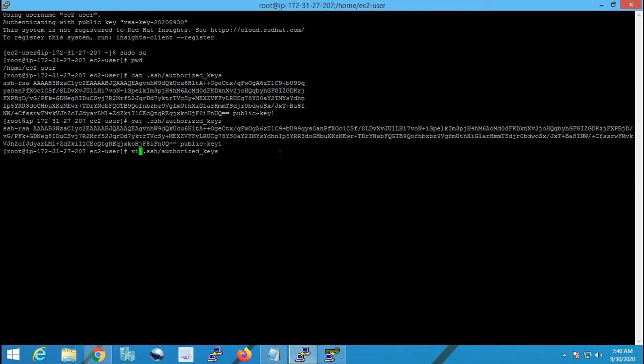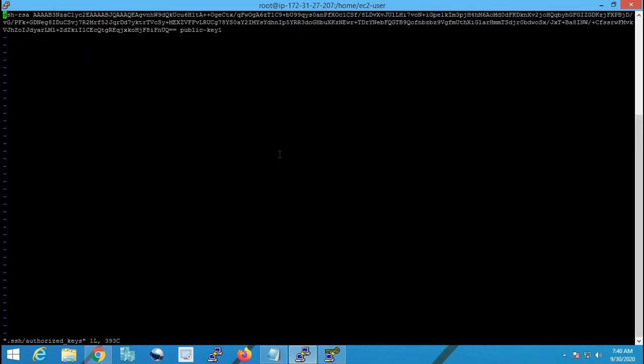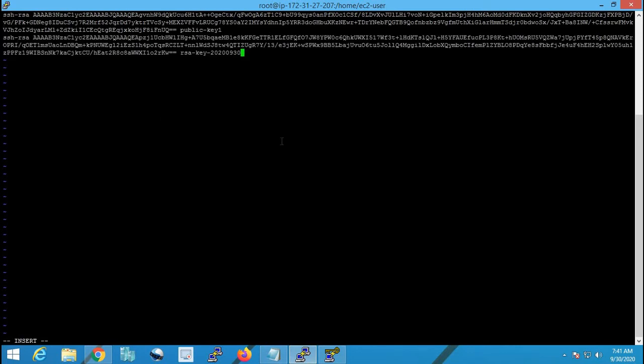vi .ssh/authorized_keys. Okay. Oh, I can see here. Then you have to hit the insert button to insert anything, and I have to, oh, I can't go here. Okay, I have to go to the end of the file. Control E to go to the end of the file. I cannot move the mouse. Okay, Control E. Oh God. Say end. Oh, great. On the keyboard you can press the End button. So you have reached the end of the line. It's a single line, and now I have already copied, I believe, ssh-rsa. Paste it over here. Yeah, that's great.